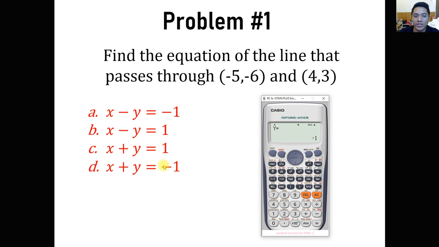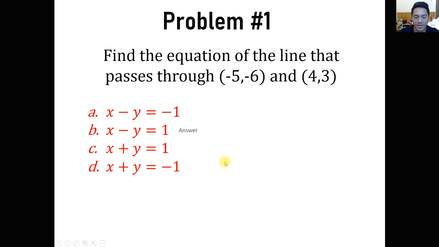And y equals -1. So your C and D will be eliminated. You are now left with A and B. So your x is 1, your y is -1. Obviously, what we have assigned a while ago is a value of 1 in the constant. So the constant must also be 1 in this case. Okay, so you have x equals 1 and y equals -1, and then we have equals 1. So that would be letter B. Okay, so that will be the letter B.